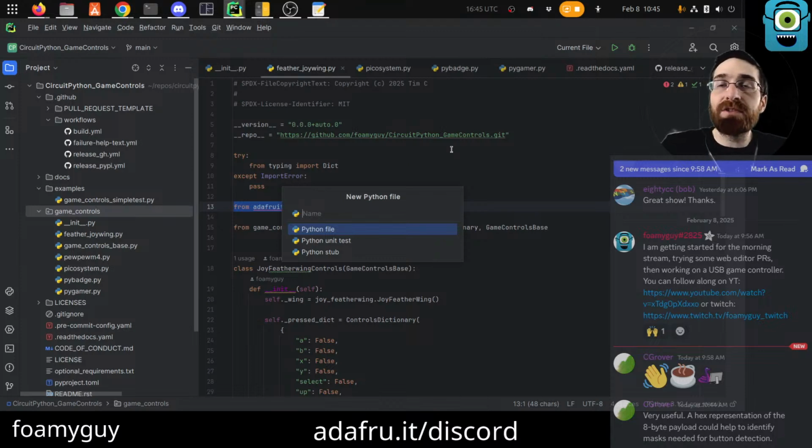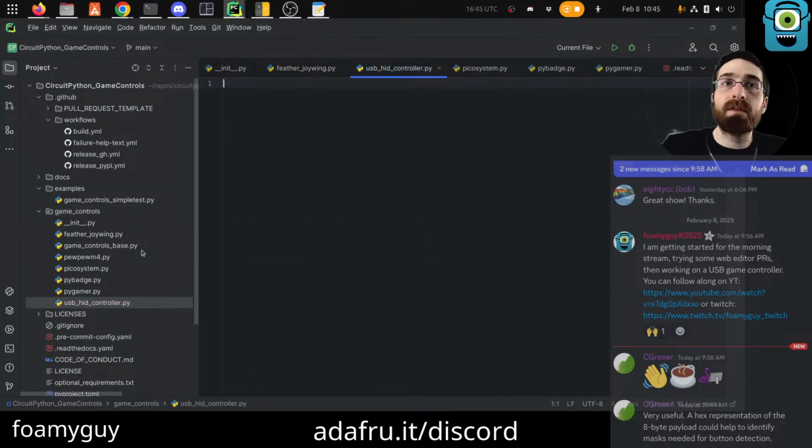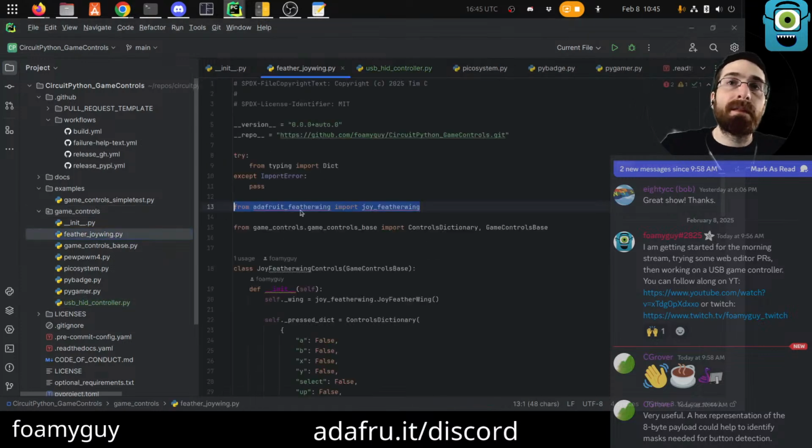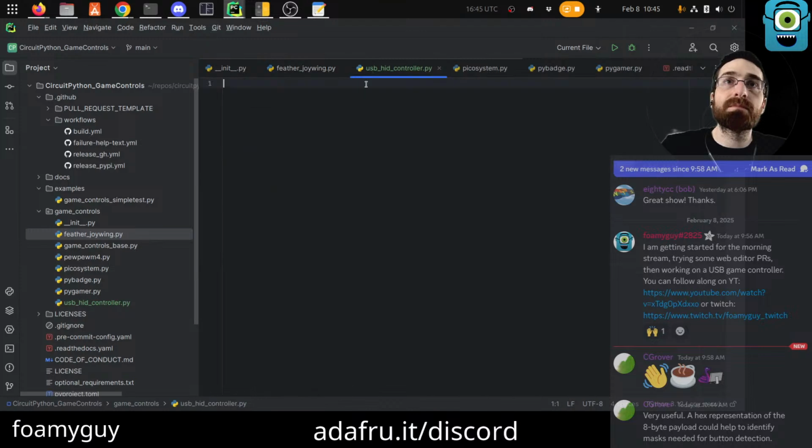For now, let's just say HID controller. Or USB HID controller, USB HID controller. Let's do that. It's going to extend just like this one does, which means it needs to import